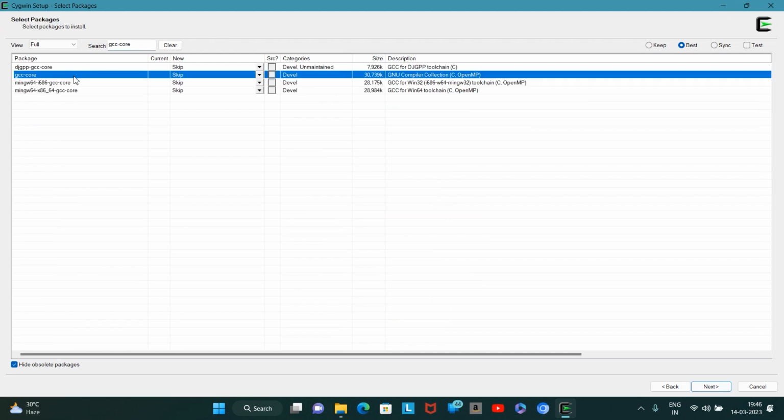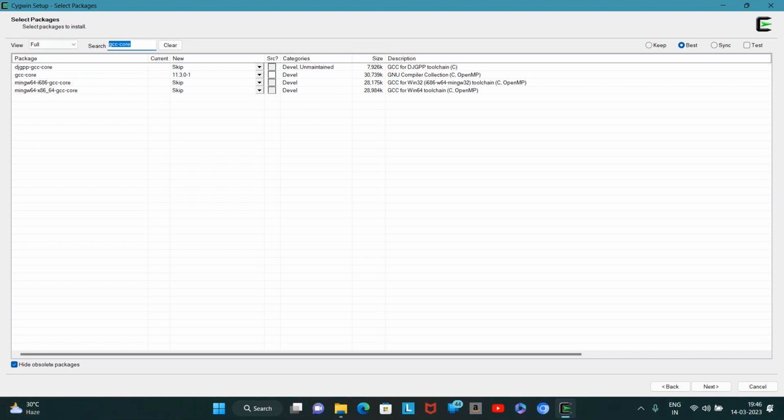And this is the one that we are looking for. And over here, choose the latest version and make sure it is a stable version, not the one that says test, which is a pre-release and is prone to bugs and glitches. So choose the latest stable version. Make sure it's not skip. So once you have selected the version,